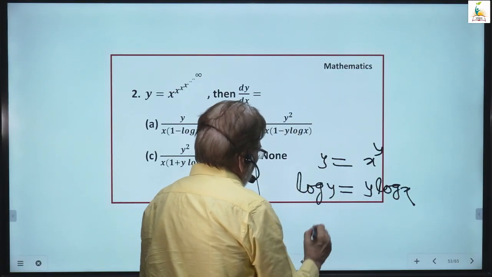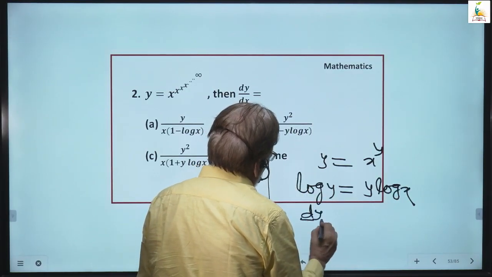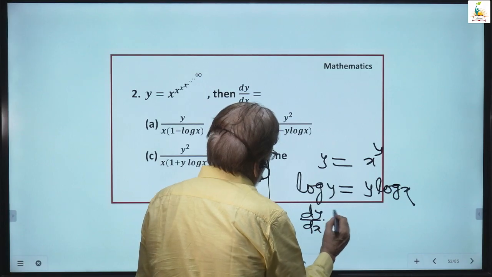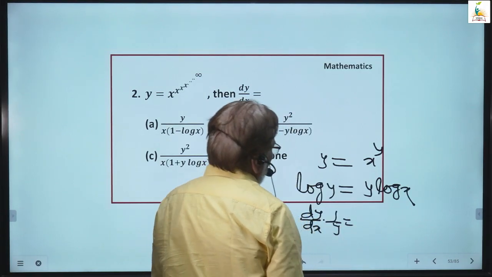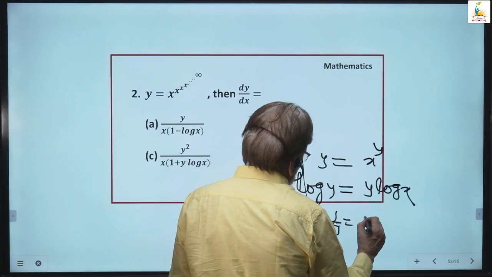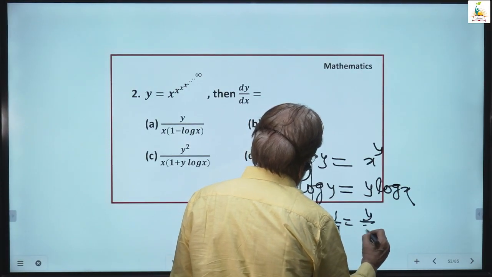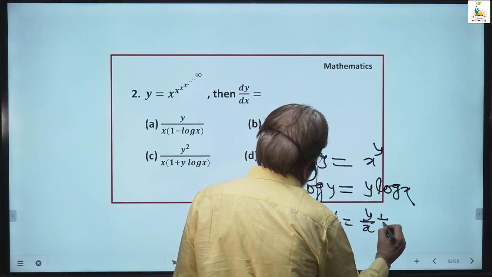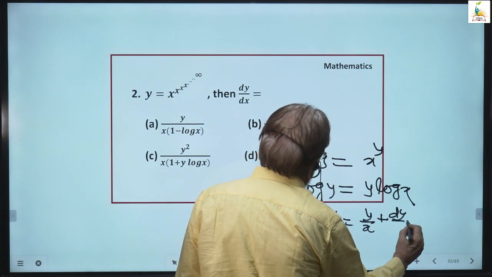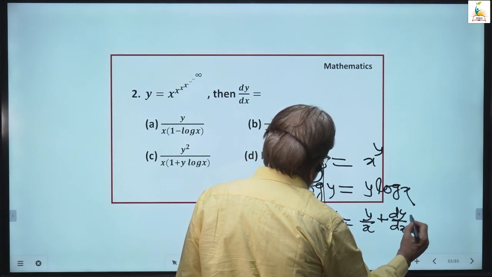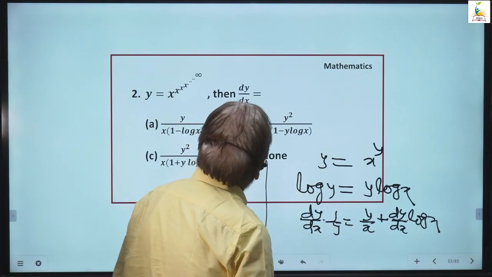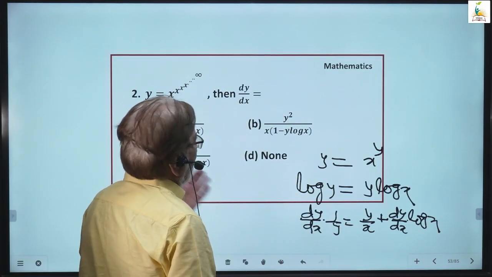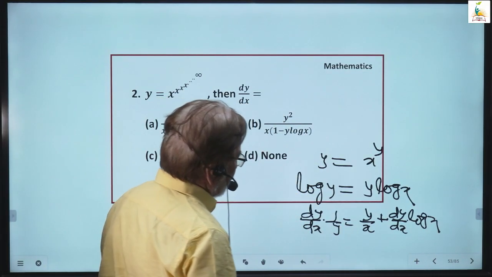Differentiate it, dy upon dx into 1 upon y will be equal to y by x plus dy upon dx into log x. Take common dy upon dx, keep it on one side and then